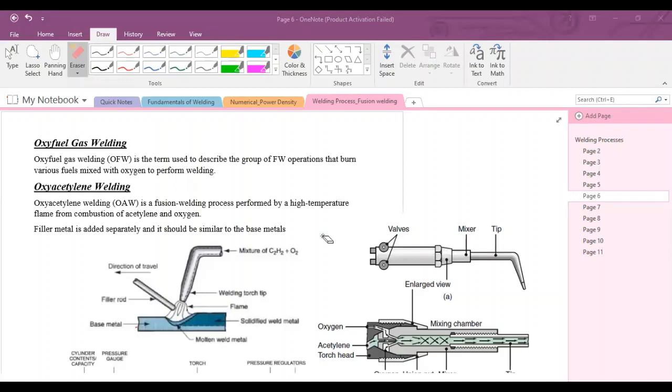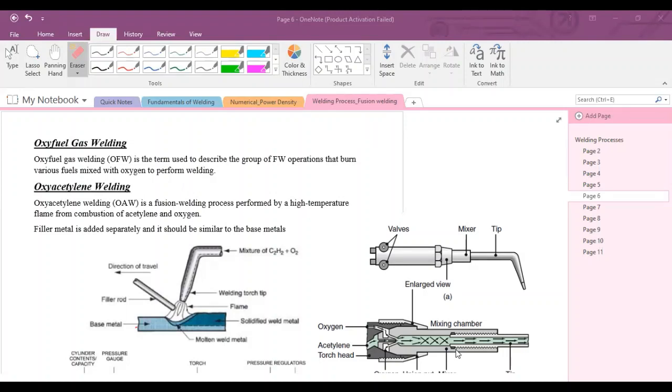Oxy-fuel gas welding, resistance welding, types of resistance welding, and the high energy beam welding processes. We will discuss these three welding processes. These three are also types of the fusion welding process, but all three welding processes are distinguished from each other. Oxy-fuel gas welding generally